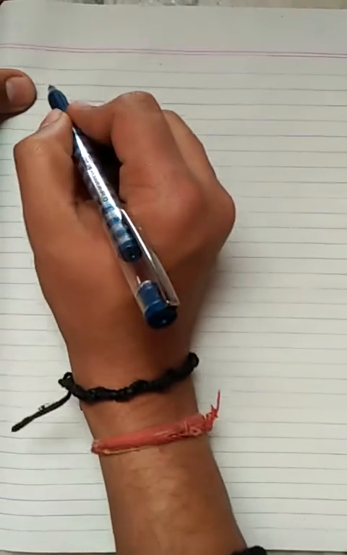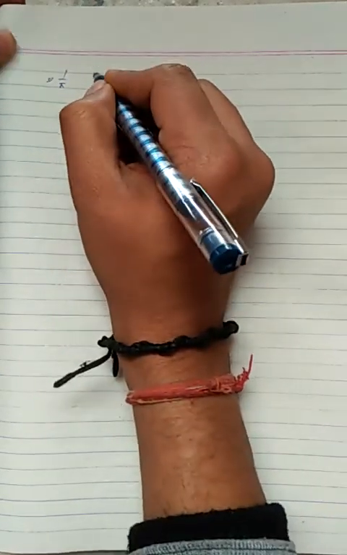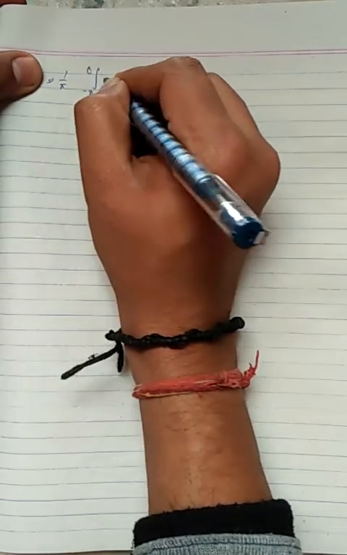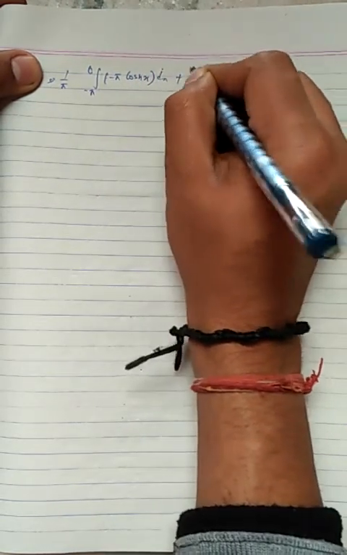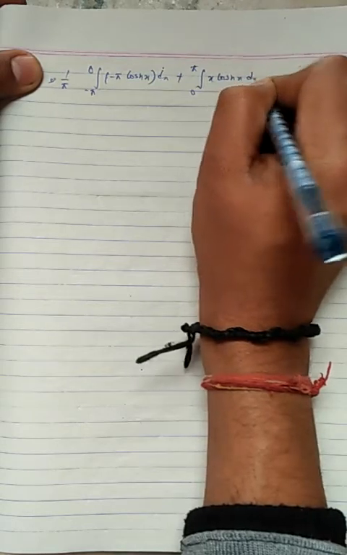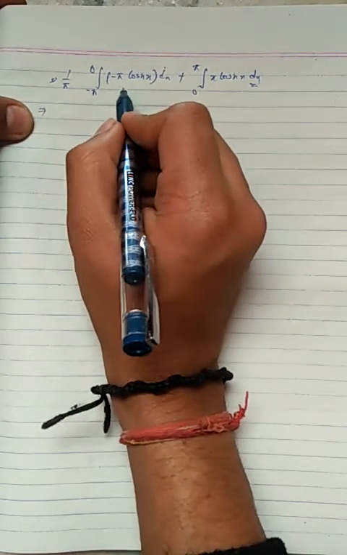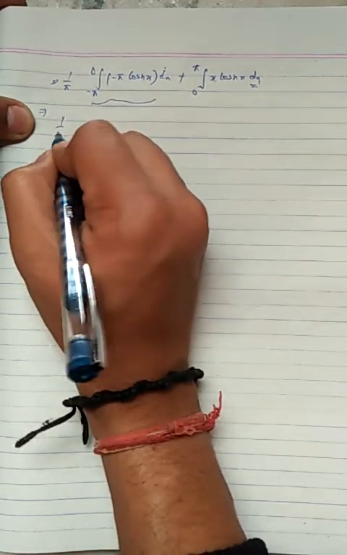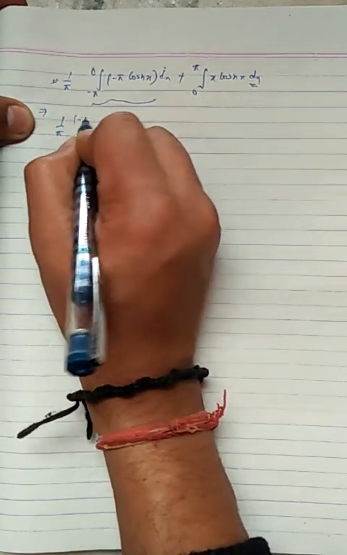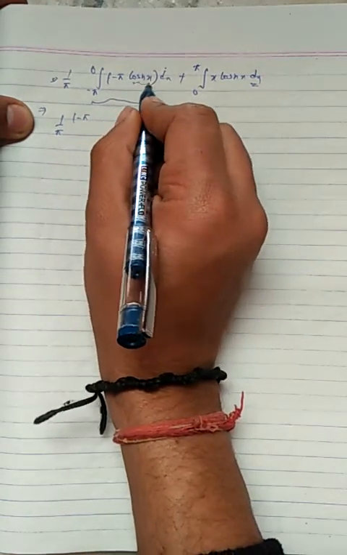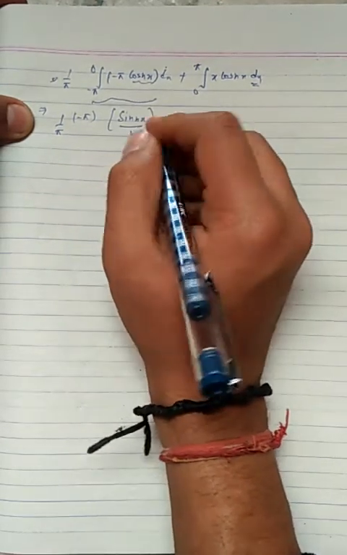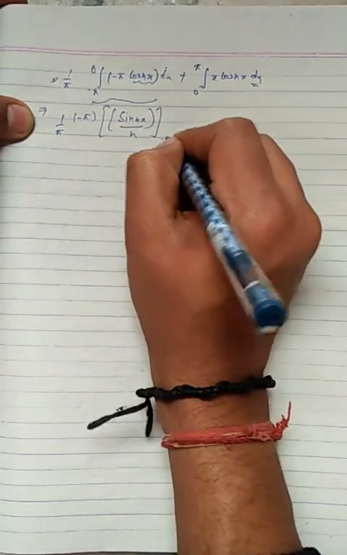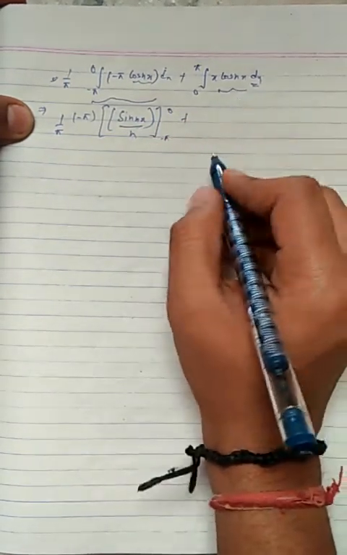Now integrate this. This became 1 upon pi as it is, integration of minus pi to 0 minus pi cos of nx dx plus 0 to pi x cos of nx dx. Now first of all we will integrate this: 1 upon pi as it is, minus pi comes outside because it is constant. Integration of cos of nx is sine of nx divided by n, limit is minus pi to zero, plus this will be by parts. The formula of by parts is